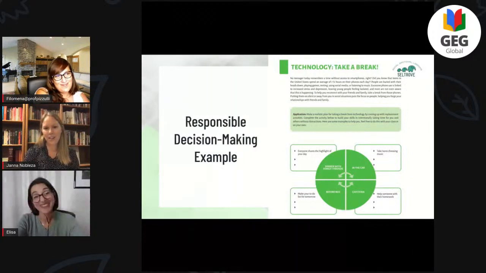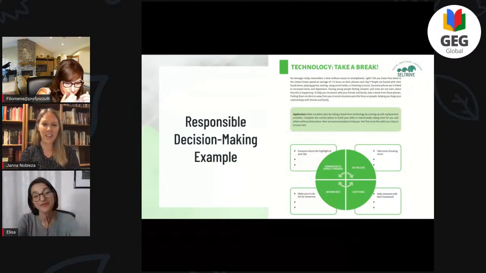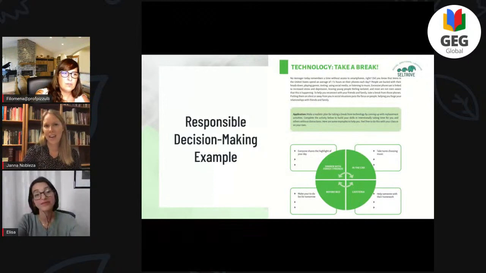This comes also from the high school Self planner. And right now, our students might be distance learning and on technology a lot. So this is a great activity for students to reflect on the technology they are using, and to take a break from it and connect with people in person or over the phone or in some other way than staring at a screen.